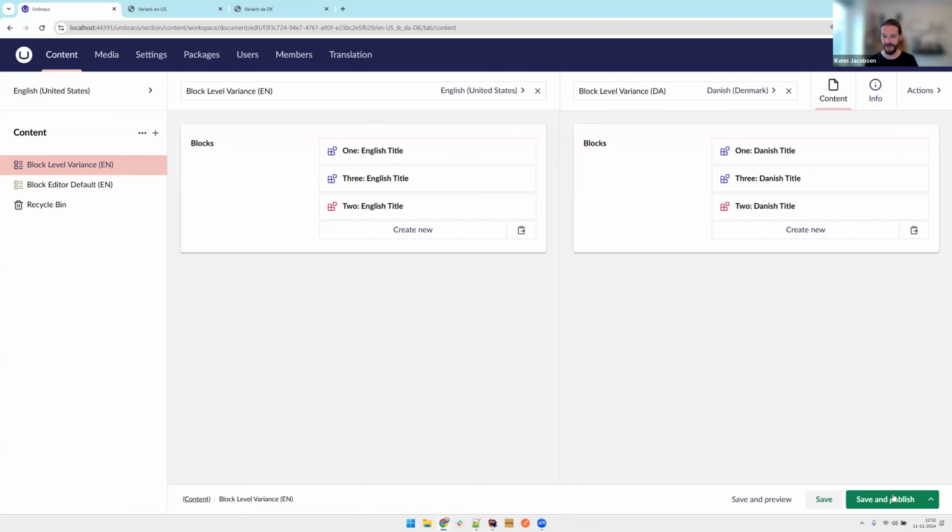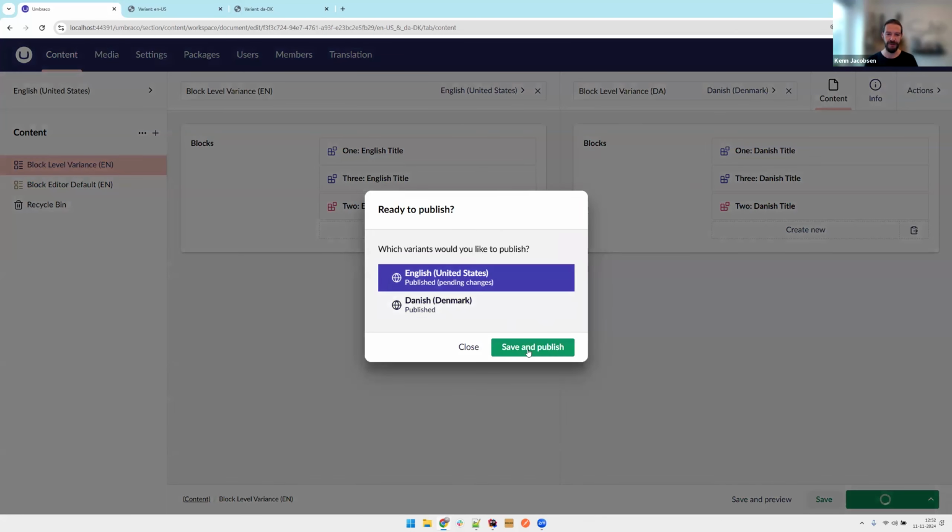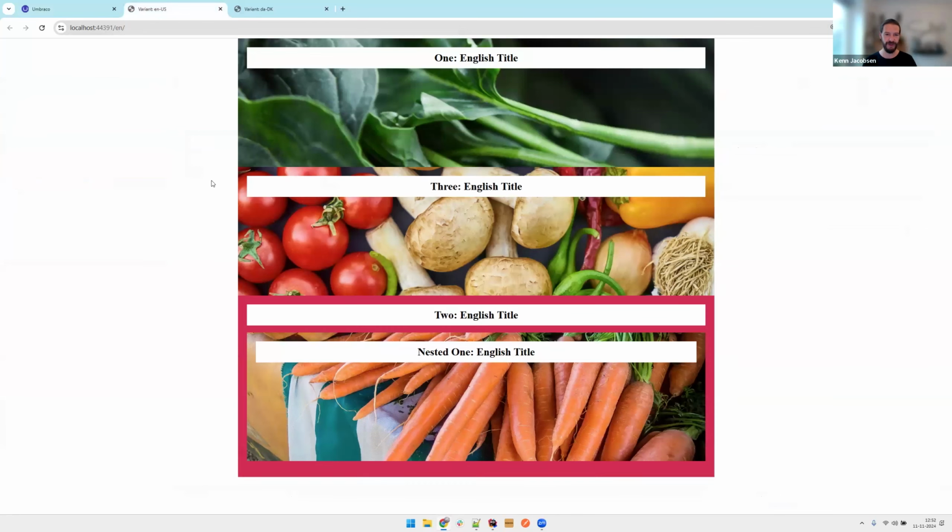And even more so, if I now only publish the English language variant. Of course, the order of the blocks changes in English, but it also changes immediately in Danish because the structure is shared. So that's how invariant data is propagated in block level variants. And this applies to all invariant data. If I change the image on one block in one language and I publish it, it will immediately propagate to all the other variants and be published in all the published variants as well. So you can synchronize your content easily, if you will,